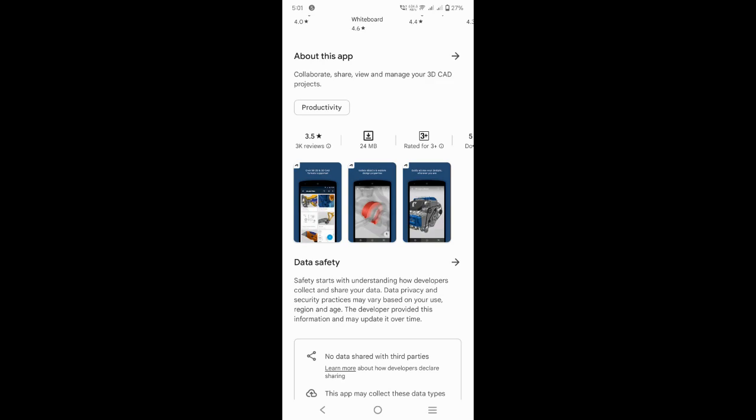As you can see in the app description, we can collaborate, share, view and manage our 3D CAD projects.